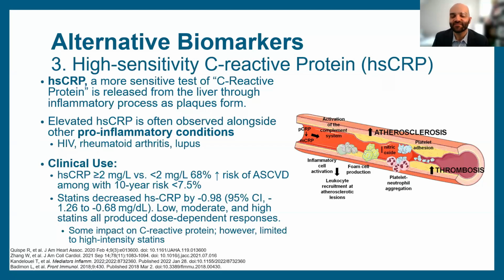Just quickly, with our high sensitivity C-reactive protein, or CRP, this is something we often assess when we're looking at inflammation. We know inflammation is a big part of it, right? A lot of our conversation now is to say, hey, this isn't just LDL, it's LDL and hsCRP together. So for example, among those with a low pooled cohort equation of 7.5, those with high hsCRP versus low hsCRP had an increased cardiovascular risk of more than 68%, right?